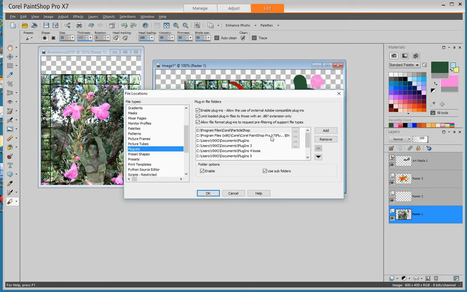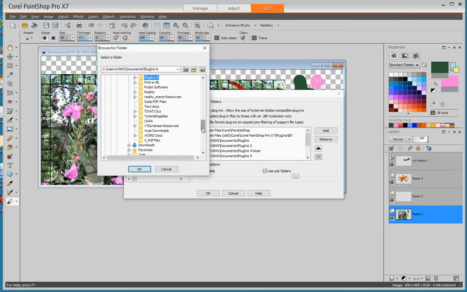because Paintshop Pro 17, Paintshop Pro 18, depending on what you got, they may have given you some plugins. And then I point it to all of my plugin folders. Documents plugins, documents plugins 3, 4, 5, 6, 2, plugins painter. You have to point it there. If you want to add, you hit the add button, and then it's going to take you somewhere, and you're going to have to go. If you know that you created your plugin folders over here in your documents, you would select that here, select it, okay,